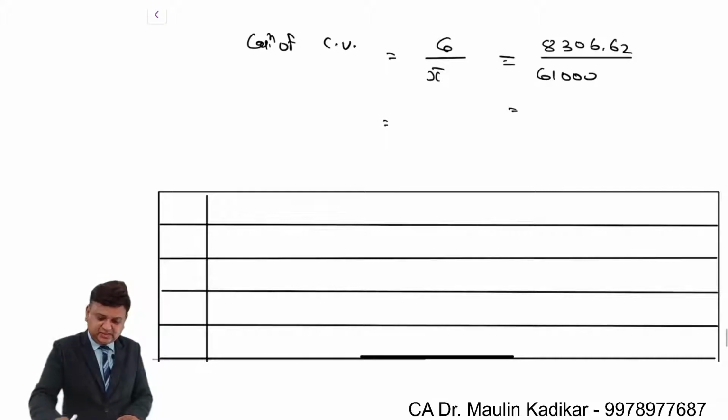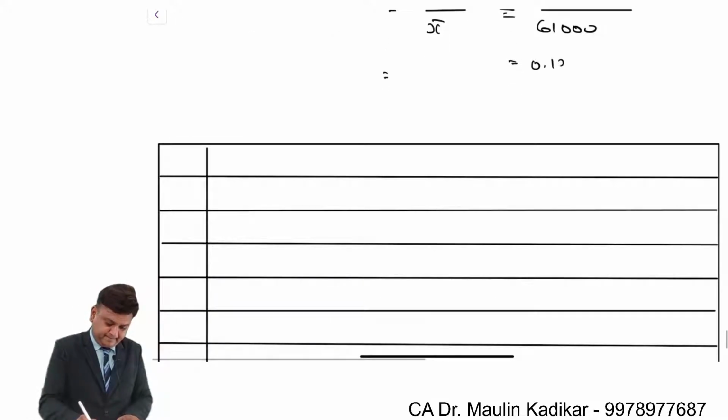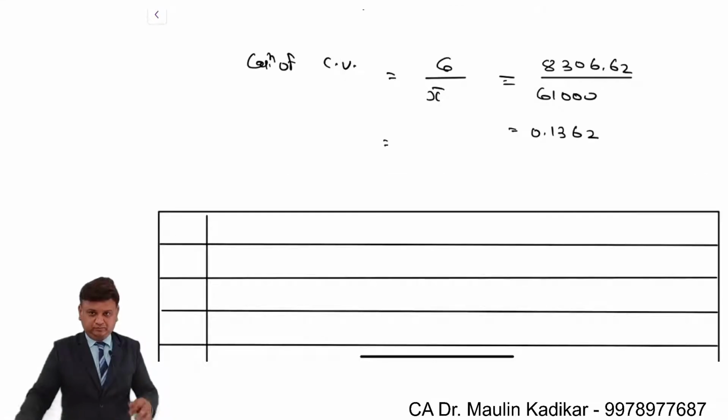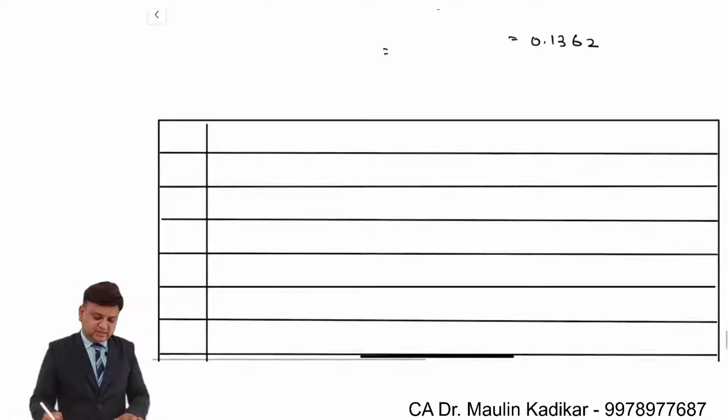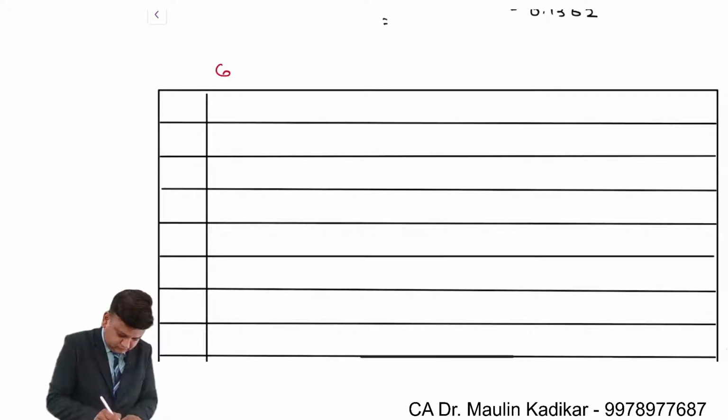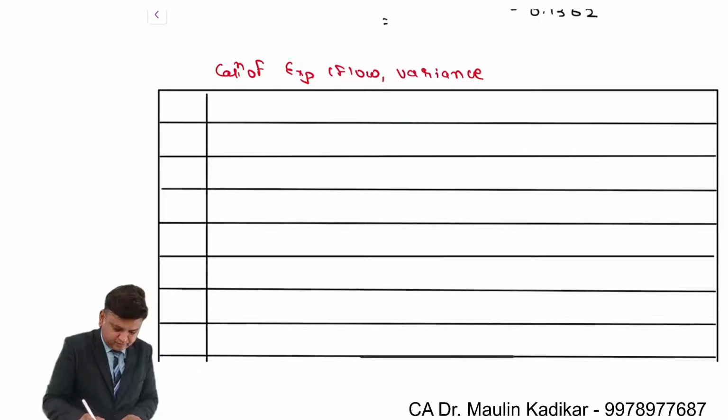So in that case the final answer is 8306.62 divided by 61,000. So 0.1362. Whatever we have done for project X, similarly we will do for project Y. Now similar working we will do for project Y. Calculation of expected cash flow, comma variance, comma standard deviation and CV